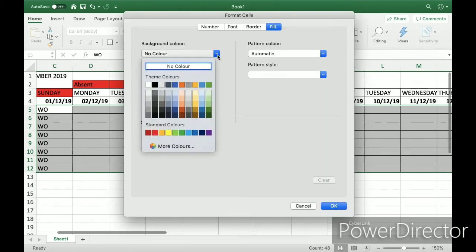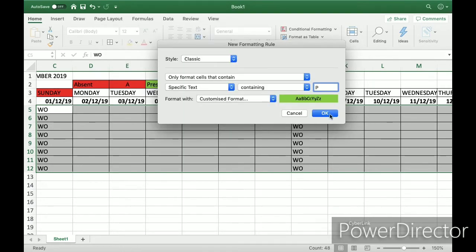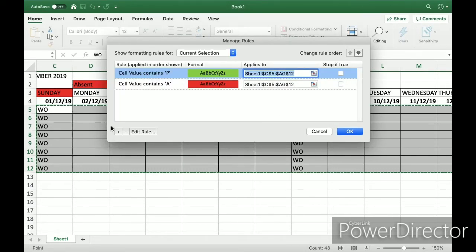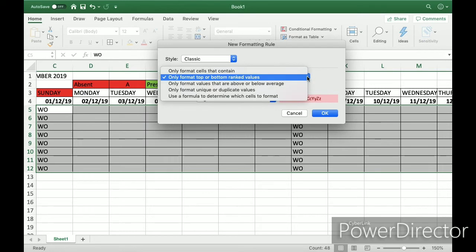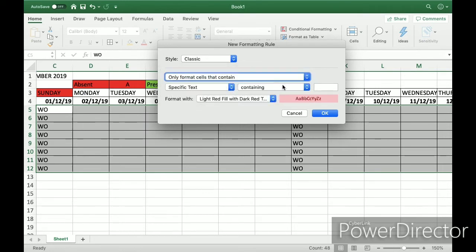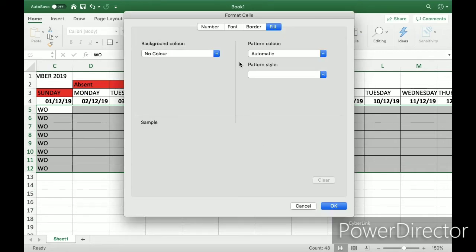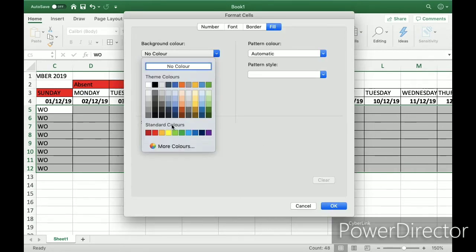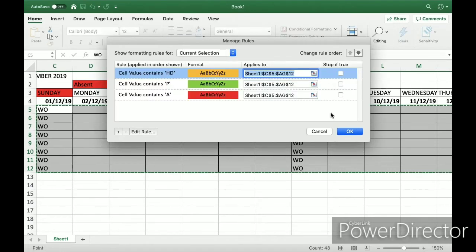Light green, that's correct. Okay, and the last is for HD, half day. So classic format only that contains HD, and the color what I have chosen, the color can be anything of your choice. Yeah, I'm just using 3 colors. Okay,